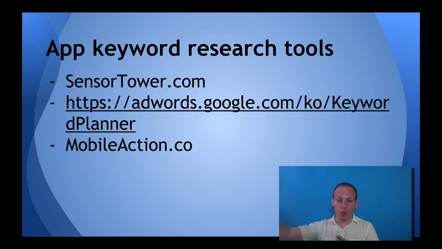Of course, it tells me about Google search, not App Store search, but then I kind of project what the App Store search might be and base my decisions on that. And I like that tool for it has a good amount of suggested keywords, so you can find additional keywords to rank for. And I also like to use a thesaurus sometimes because maybe one thing is called one way, but I can find other ways to call it. And I'll explain all this coming up, and I'll actually show you and walk you through how to do it.